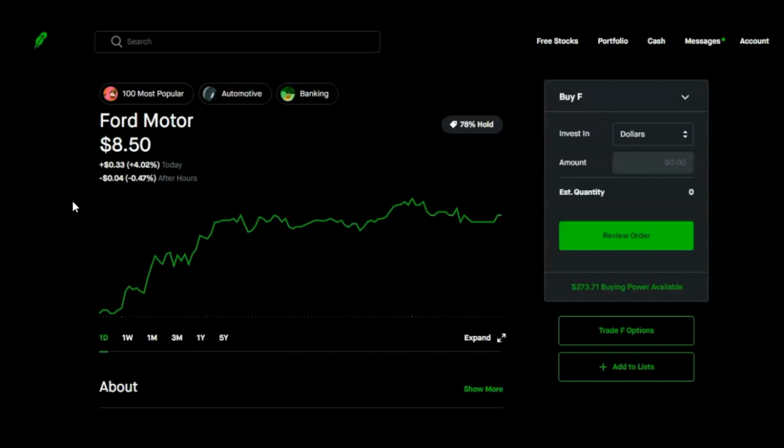So let's get right into it, guys. For this example, the options, I'm going to be using Ford, and the reason why I'm using Ford is because most people know what Ford is. It's a cheaper stock. The stock is under $10, so a lot of these options are going to be much cheaper. And the good thing is when you're trading these cheaper stocks, you can get started with a little bit of money, guys. Even just $50, $100 is enough,